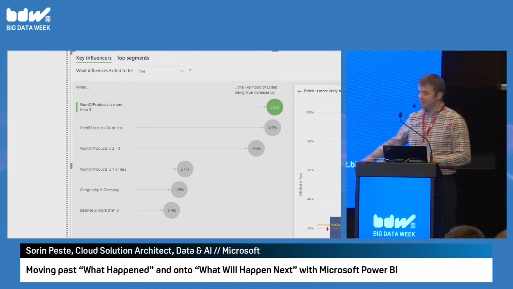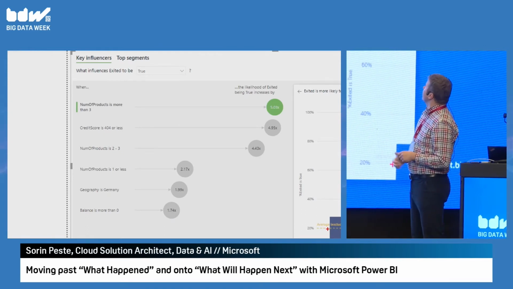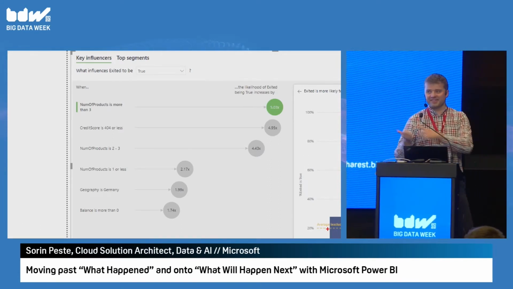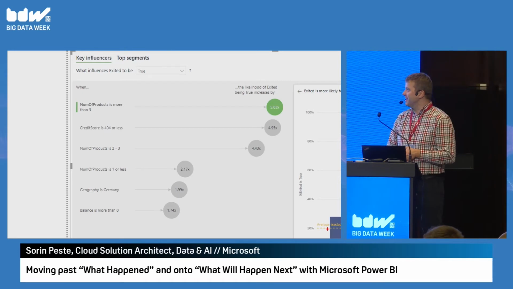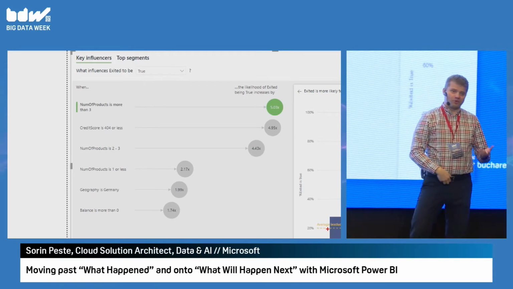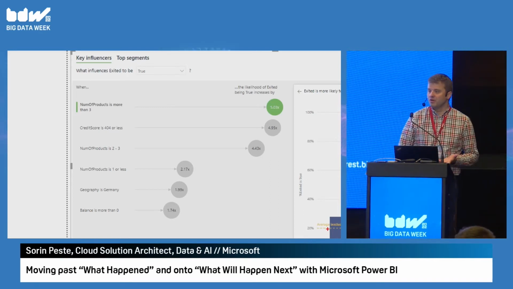Or when you have 3 or more products being used, the likelihood of Exited increases again by 5 times. So essentially, what this is telling me is that the more products the customer uses, the more likely it is that they leave, which is a bit weird.